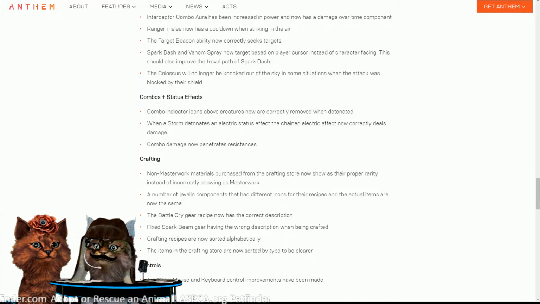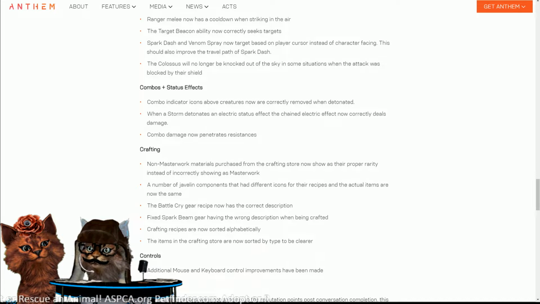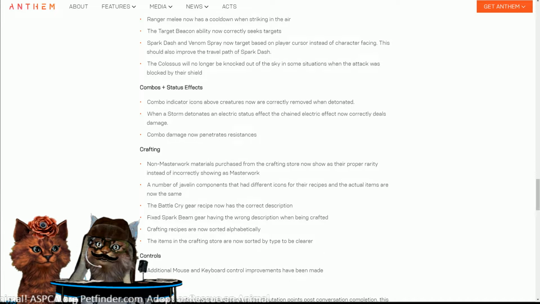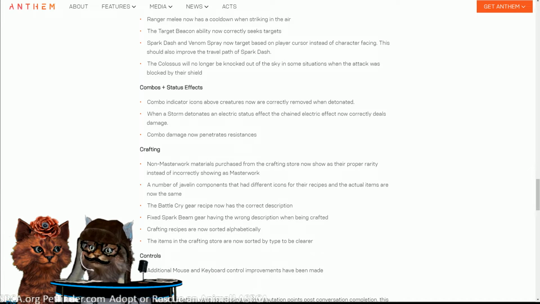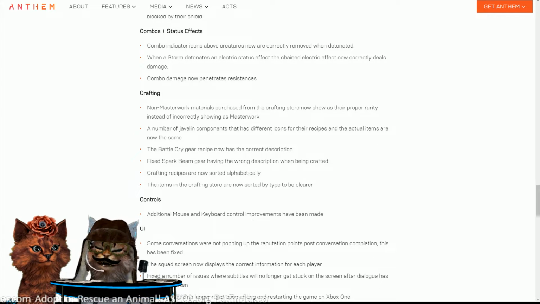The indicator icons fix is actually really good because there were several times I was trying to set off a primer, and I couldn't because apparently it had already been detonated, but it was still saying it was ready to go. So